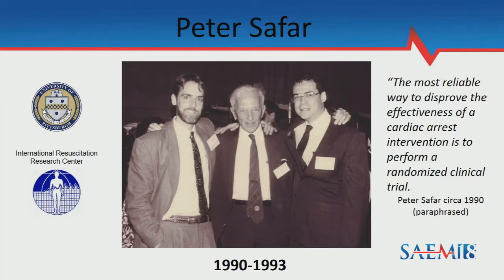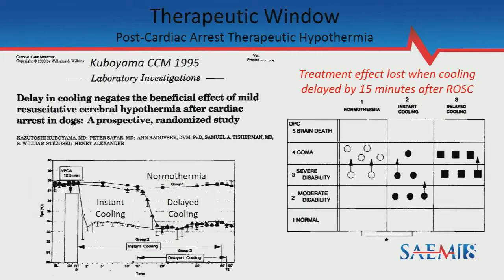Because he was running the brain resuscitation clinical trial network, which was an international network at the time, and every study they did was a negative study. So he did a study with hypothermia in animals showing that if you cooled animals, and this is using cardiopulmonary bypass resuscitation, if you cooled them immediately after cardiac arrest, you could have protection and good neurologic outcome. But if you delayed cooling for 15 minutes, so this is a delayed cooling group, then you lost that protective